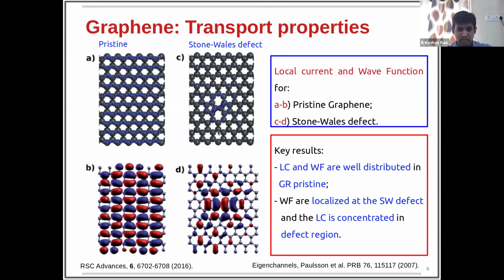So it means the defect can impact the local current. The local current is not spread, compared to the pristine, and that is also justified. What is the reason behind the localized currents? The reason is that the charge density is localized because of